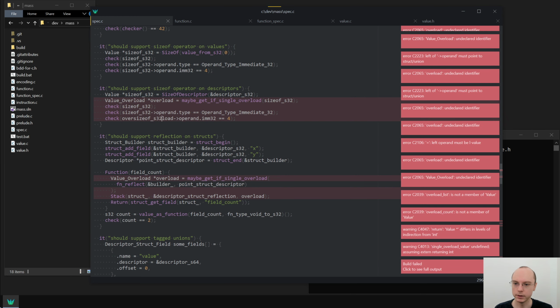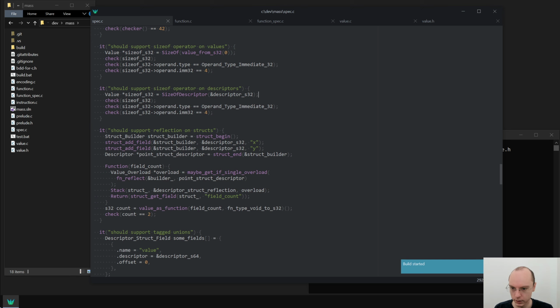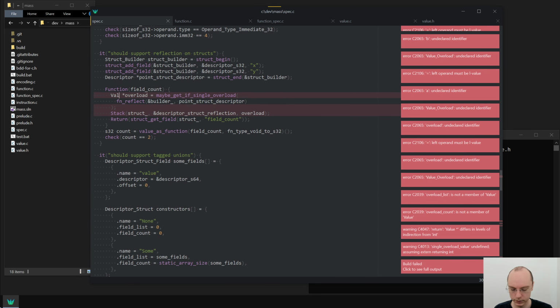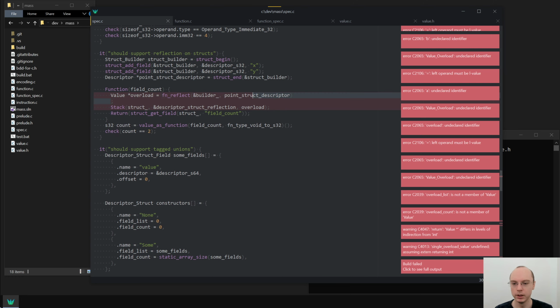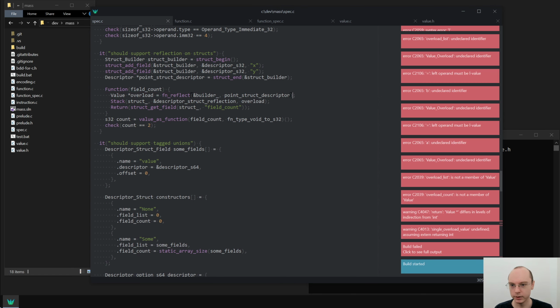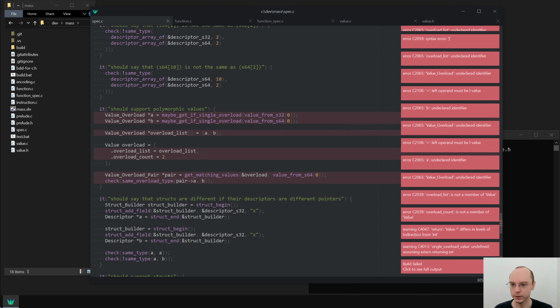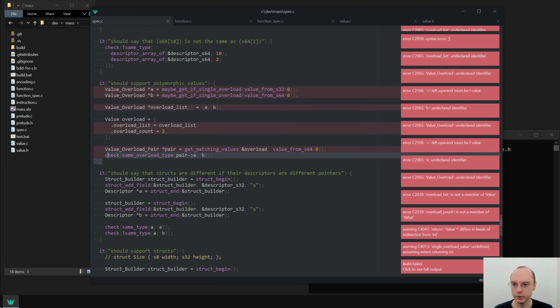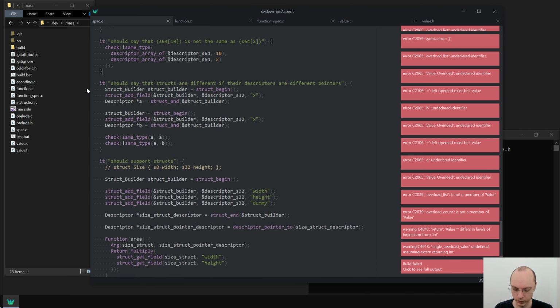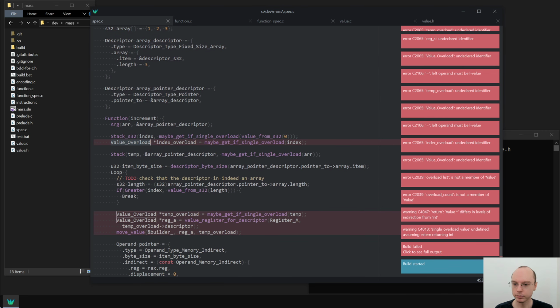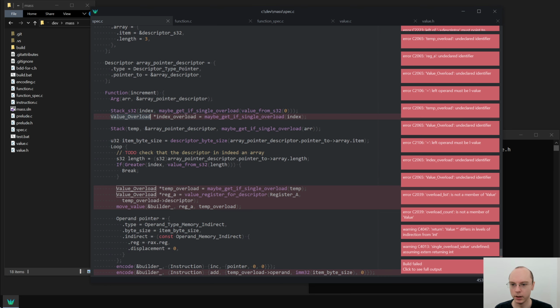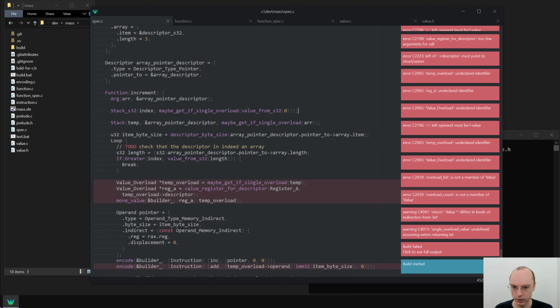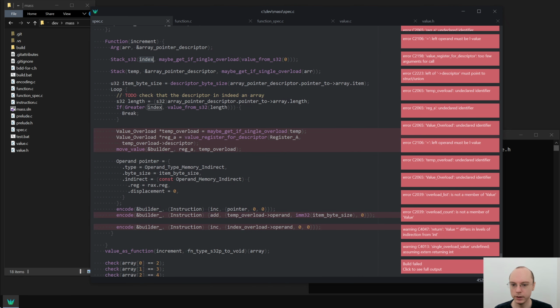It's good. Reflection. And sometimes just going through the program makes you appreciate how far you have come when compared to where you started. So there's quite a lot of stuff here, and it all works. So we do not support this polymorphic value style anymore. This is a test that we need to delete. And here we don't need that. We will just use index directly. We don't need temp